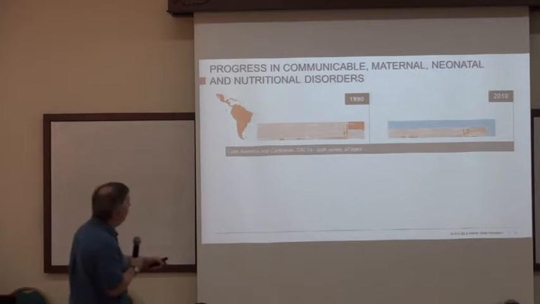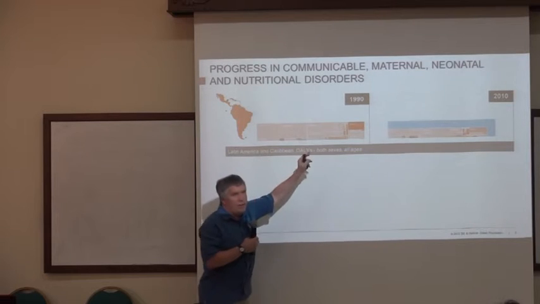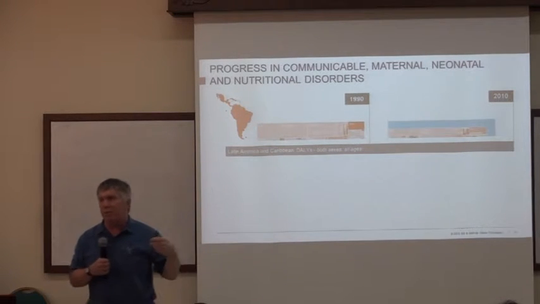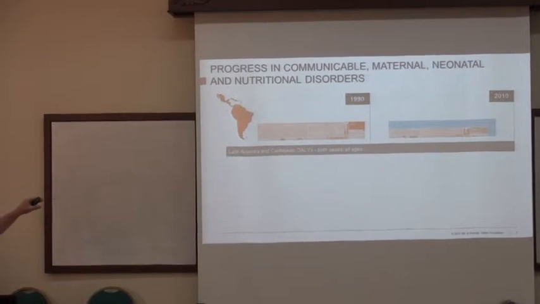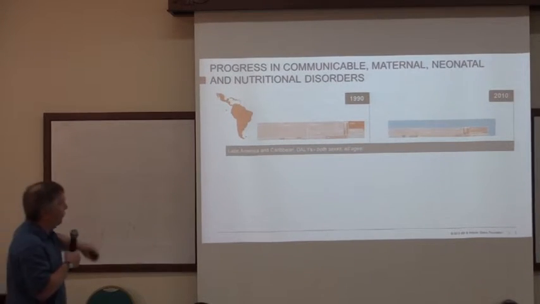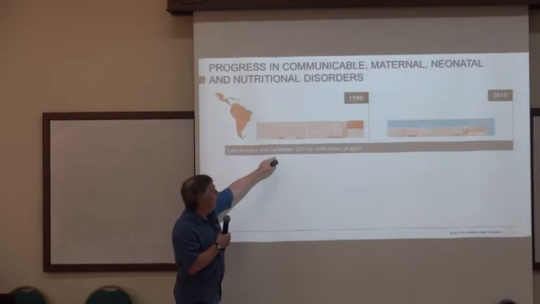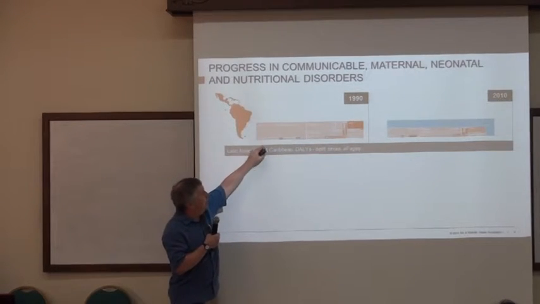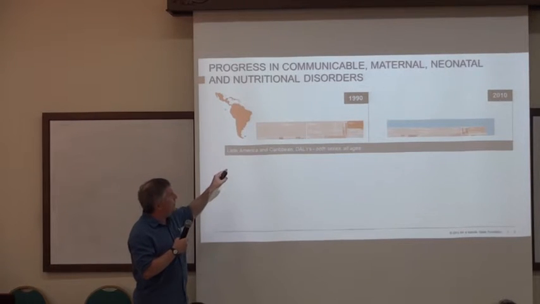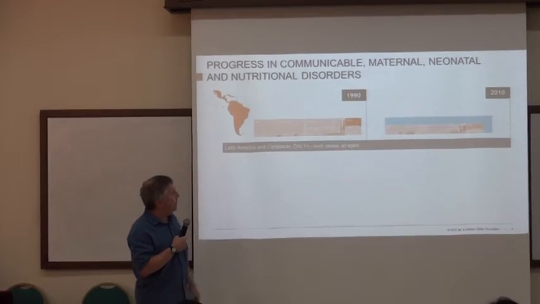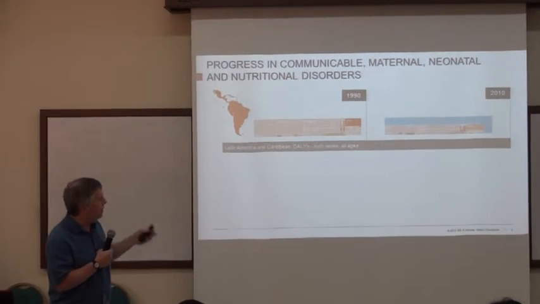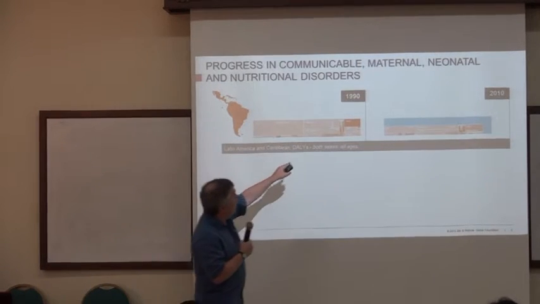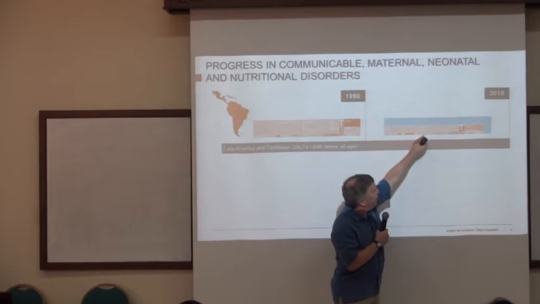What you see here is a rectangle, and in the rectangle there are different shades, and each of those shades represents a different disease. What those squares represent is that particular disease in 1990 in that region of the world. So here in South America, Latin America and the Caribbean, this is essentially the impact of it, measured in DALY, the disability adjusted life years, so the years of life lost to disability because of these illnesses in 1990, and then for that same area and the same illnesses in 2010.